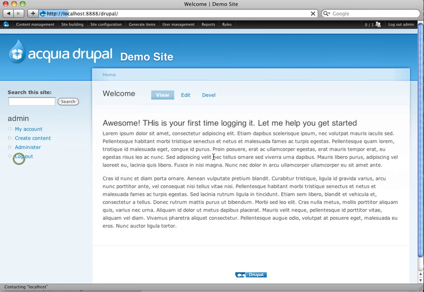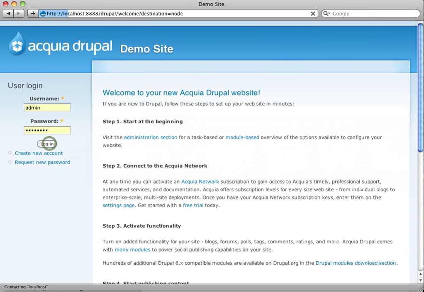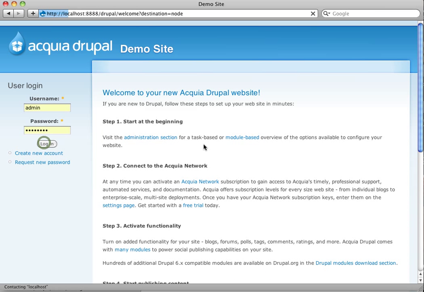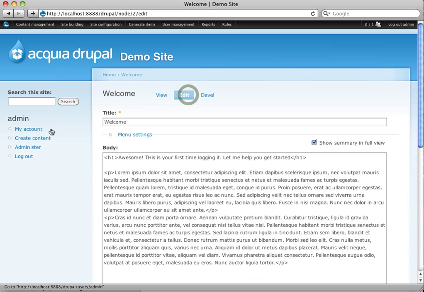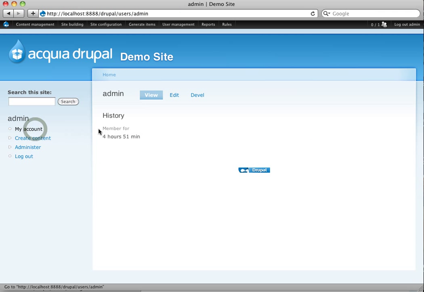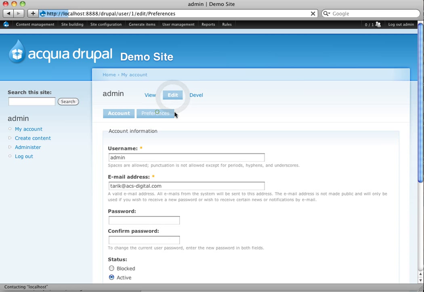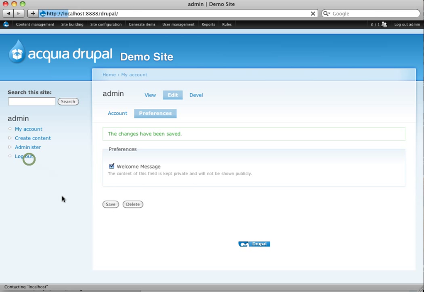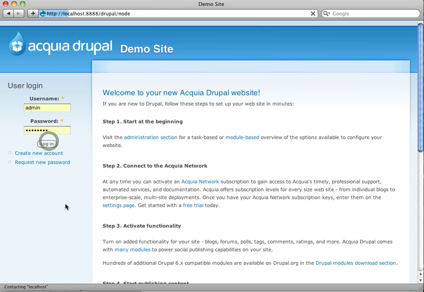Box is not checked, we log back out. We log in again, it happens again, we log back out. So let's log in and change the box. Actually, we want to go to my account and edit, and we want to edit that field that we created. So let's check the box. For the site that I created this for, the checkbox was "please do not show the welcome message on my next login." So it made sense that the user would leave that box checked if they edited this page. So we'll save that, log out again, and log in,